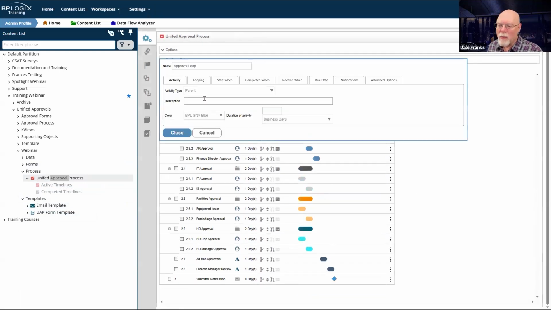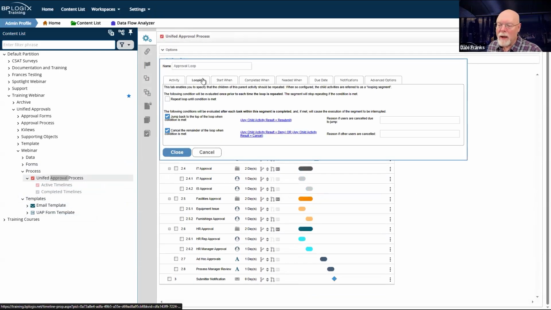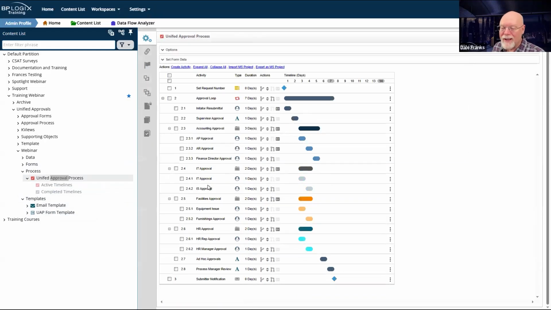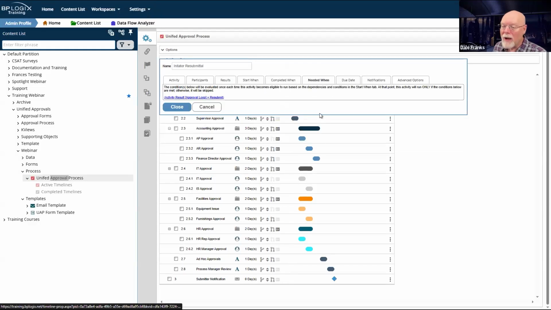So in my approval loop, for my looping, I'm going to jump back to the top of the loop when any child activity result equals resubmit. Great. That's what I want. So let's look at initiator resubmittal. When do I need this activity? If the activity result of the approval loop is resubmit.